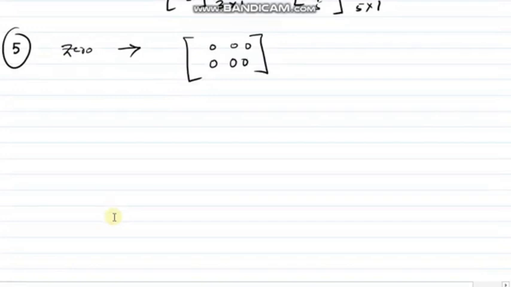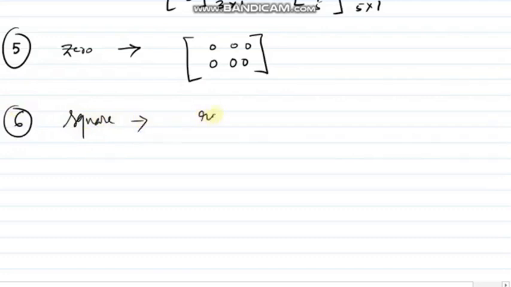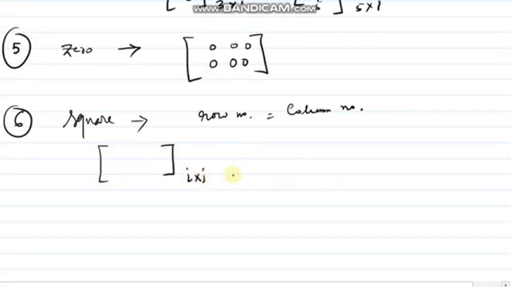Next we have square matrices. Square matrices are when the matrix's row number and column number are equal. So that time it looks like a square matrices. Like a simple one, for a rectangle, when will it be a square? When length and breadth are equal. Similar concept if I use here: if row number and column number, if i and j are equal, then it's a square matrices. Easily you can form.